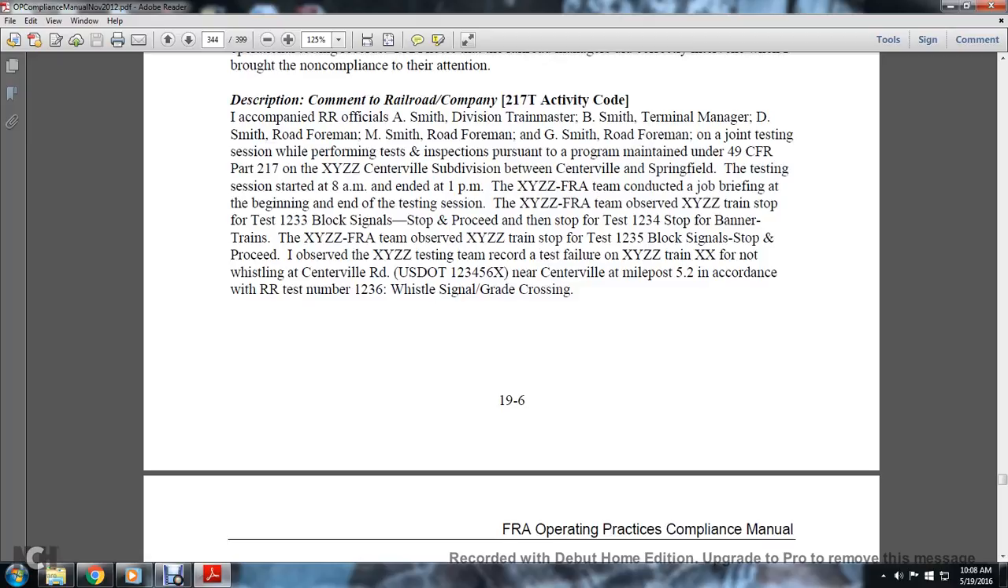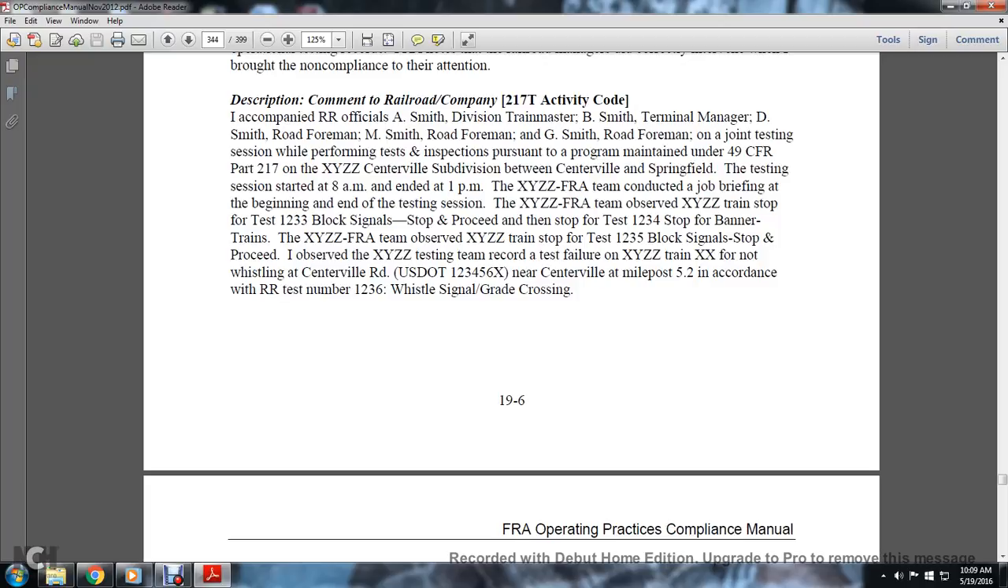Description comment of the Railroad 217 activity. I accompanied the RR officials: A. Smith, Division Train Master; B. Smith, Terminal Superintendent; D. Smith, Road Foreman; M. Smith, Road Foreman; G. Smith, Road Foreman. A joint testing session will perform the test and inspection pursuant to the